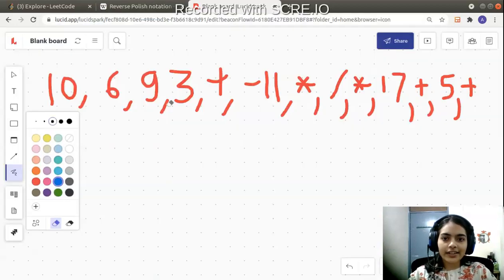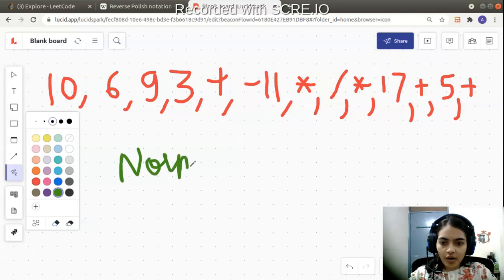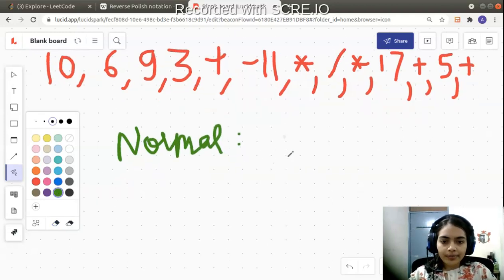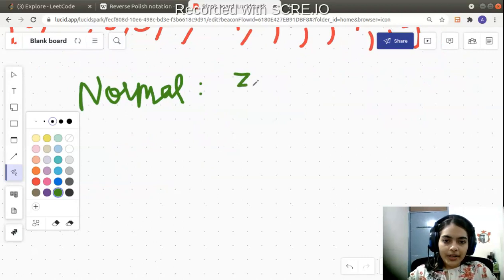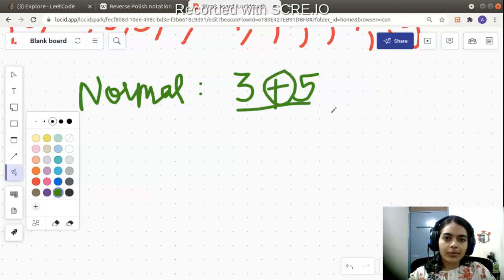Let's try to understand it in simple language. In the normal way of writing operations and operands, suppose you have to add 5 and 3. You simply write 3 plus 5. The operator is in between and you have the numbers at the ends, and 3 plus 5 is going to give you 8.